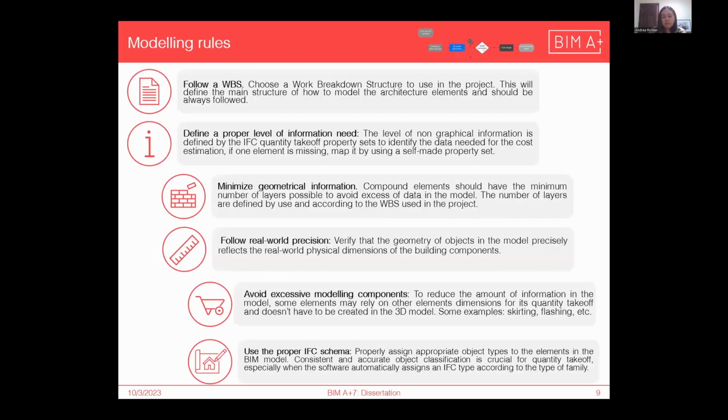Then we have the modeling rules, which is the first step of the 3D model generation. They're quite broad, so I'm not going to talk too much about them. The first one is to follow the WBS because it basically gives the whole structure to the project. Then define a proper level of information: you need to define basically the quantity, quality, and granularity of information per element. Minimize geometrical information. This will make more sense on the next slide. Follow real-world precision. If we're talking about quantity takeoff, the more accurate the model is, the more accurate will be the cost estimation. Avoid excessive modeling components. This aims basically